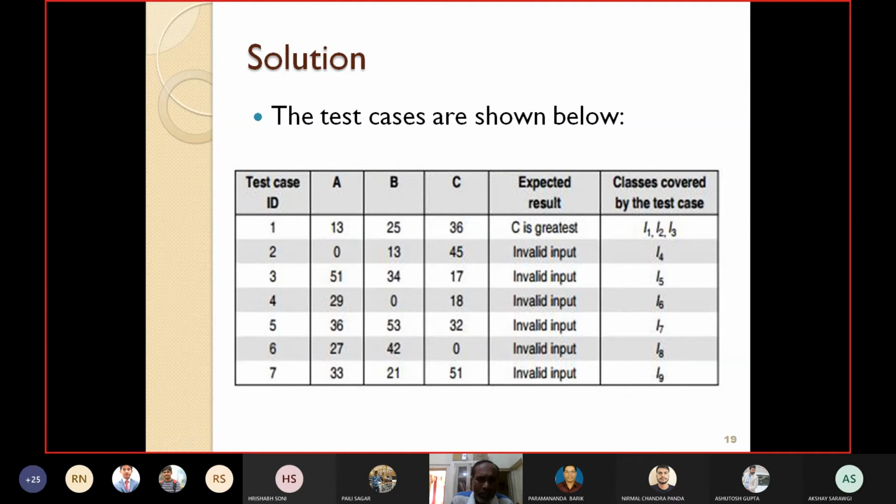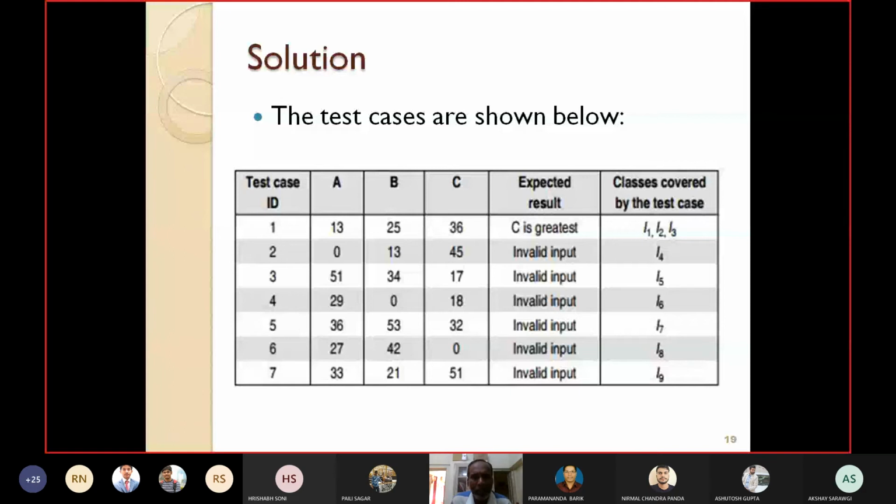So how does it matter if A is 0? Even if B and C are valid or invalid, how does it matter? The result will be invalid input, because at least one input is a wrong value. You can give B and C invalid values, but that is the advantage of equivalence class partitioning.